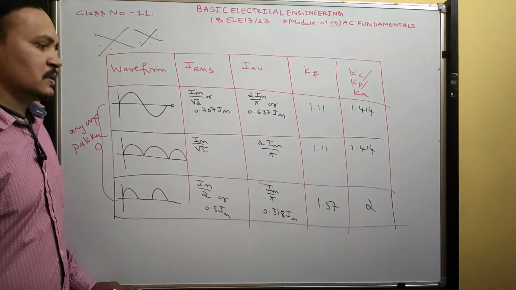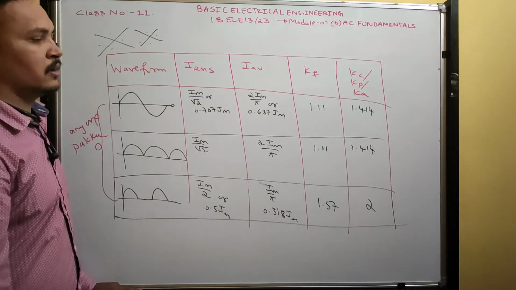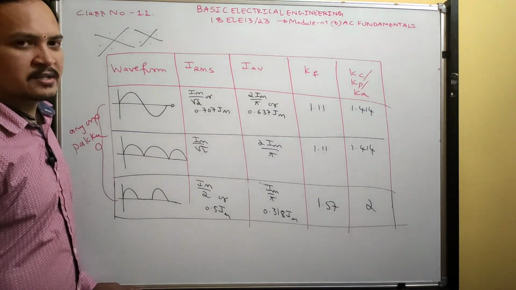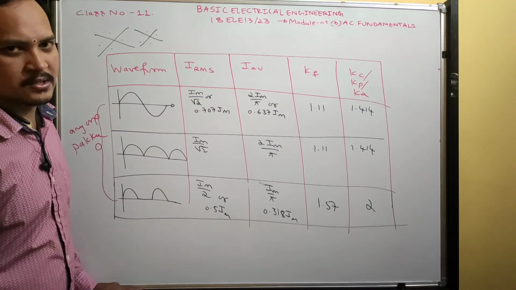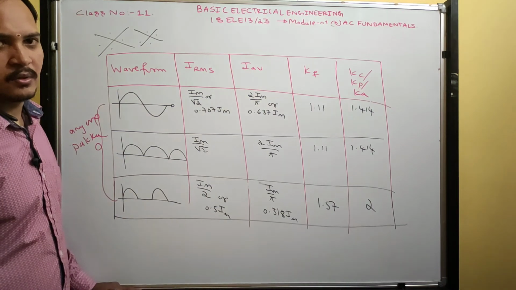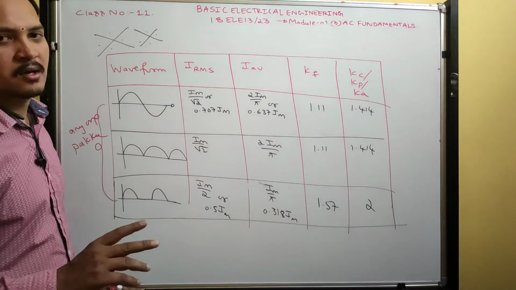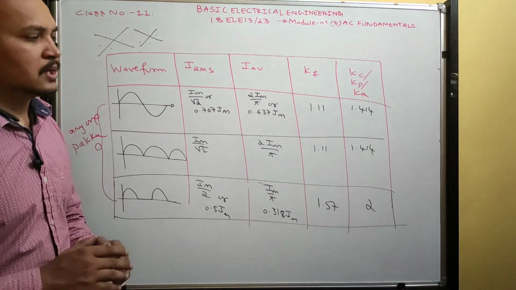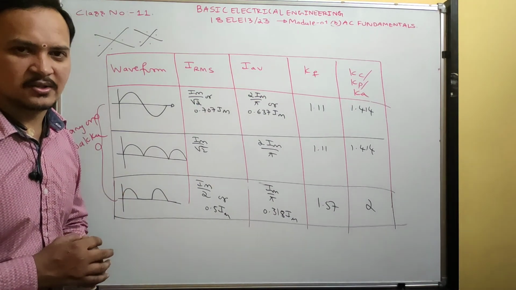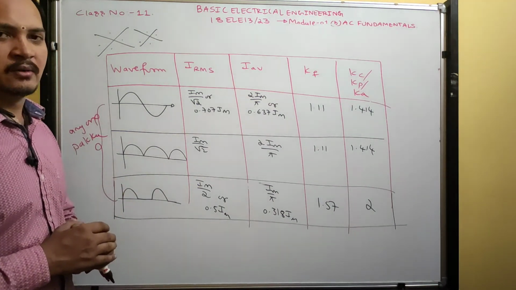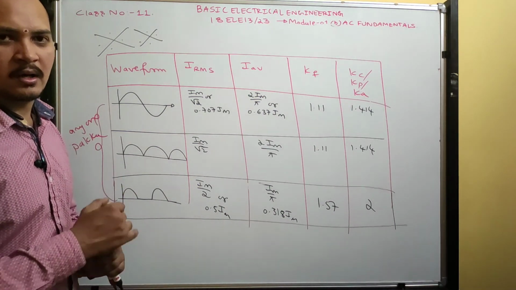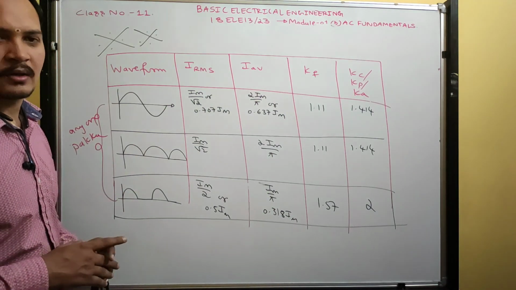Apply the basics and you will get these numerical values. Okay, got it? Next video I am going to explain phasor representation of alternating quantities. After that, problems. Only two topics are left in AC fundamentals: phasor representation of alternating quantities and then problems on AC fundamentals. By Monday evening, I am going to upload the remaining lectures. Okay, got it?